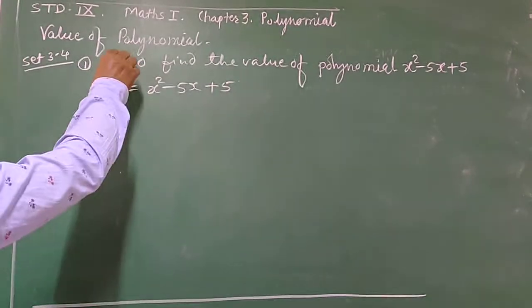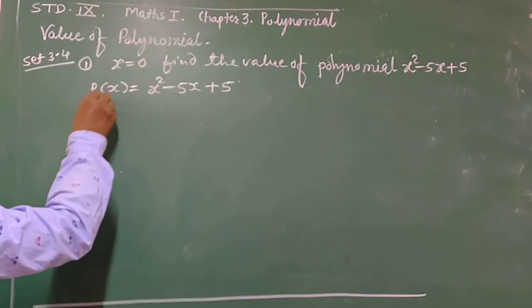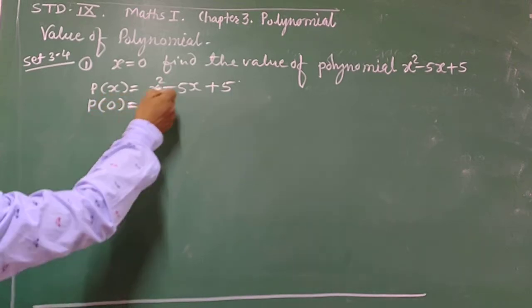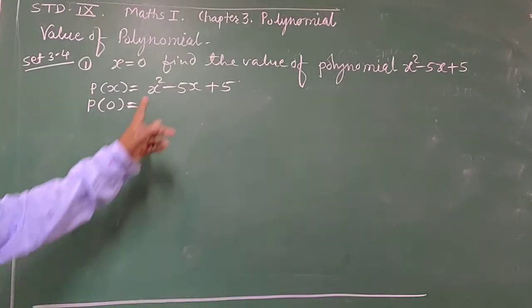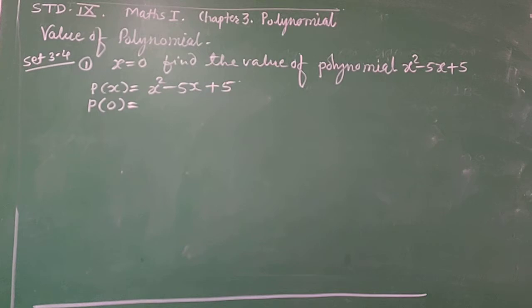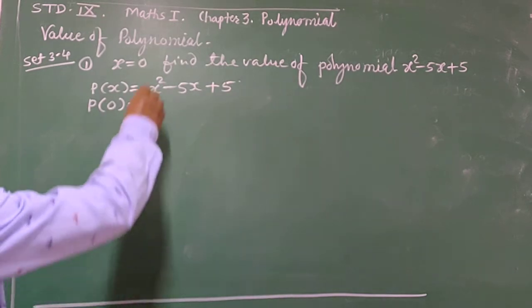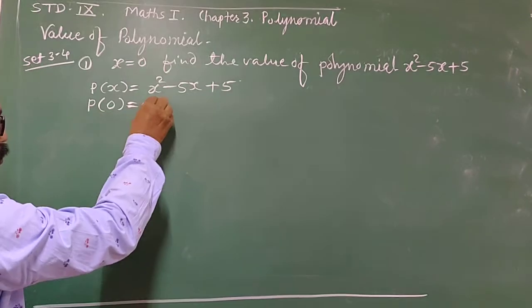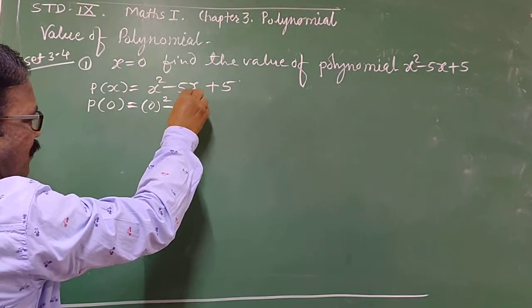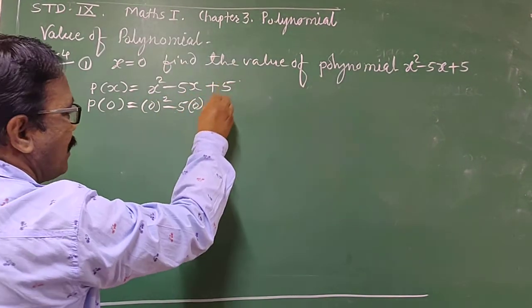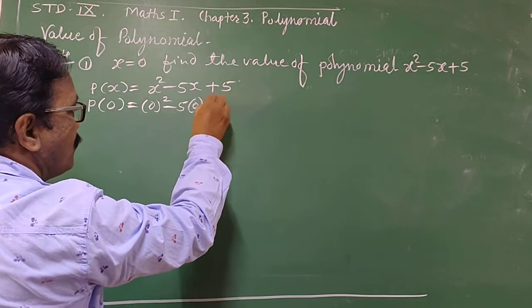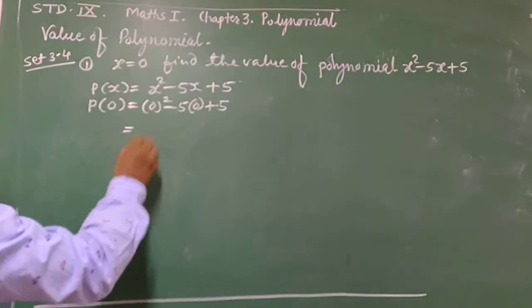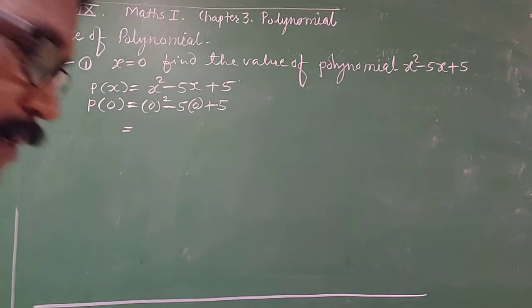So put value of x, that is 0, in this polynomial and solve this. So 0 square, 5 into 0 and plus 5. So putting these values,